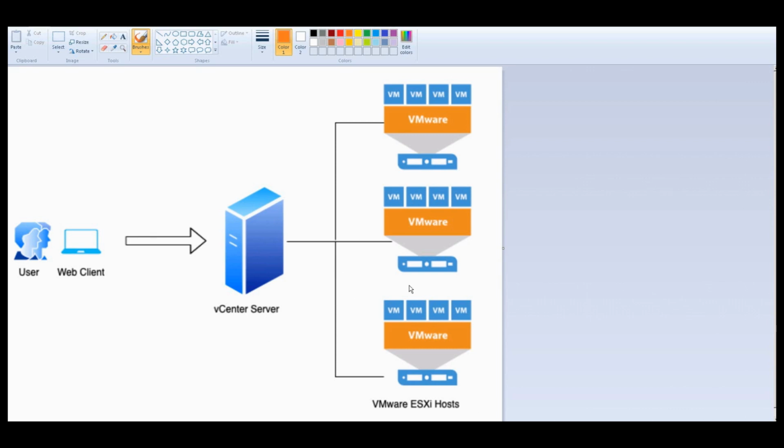That means, suppose I have three ESX hosts and each ESX host has its own virtual machines. I can manage all those ESX hosts and the respective VMs from a centralized location known as the vCenter server. So a centralized location will enable me not to log in directly to different ESX hosts, but to directly manage each virtual machine from a single centralized location.